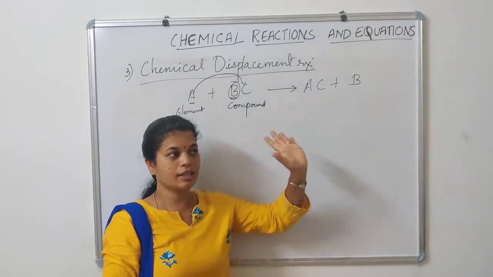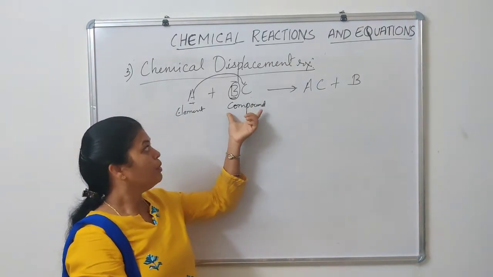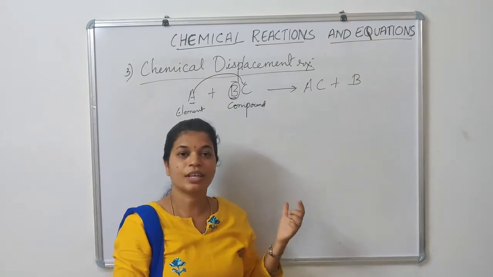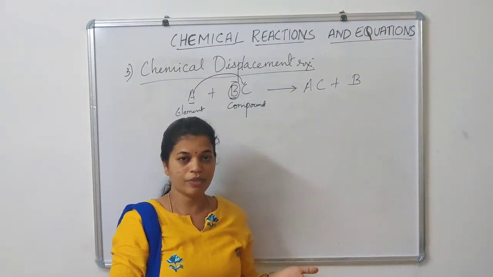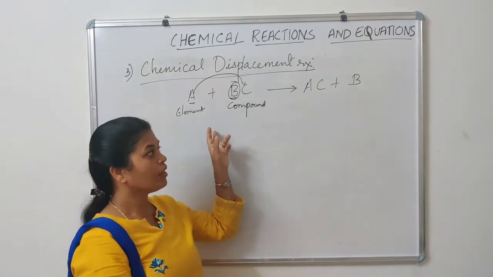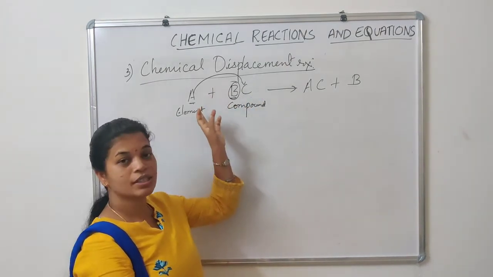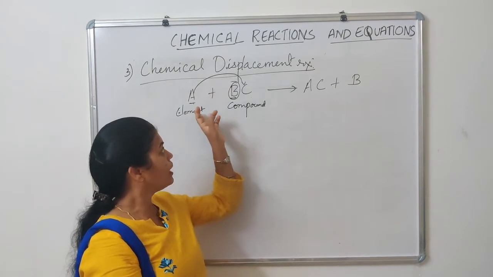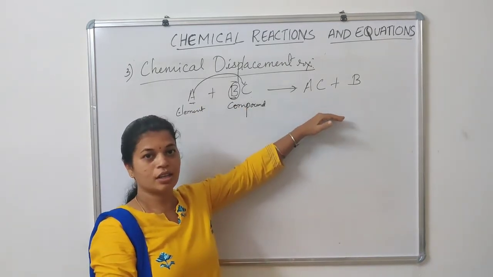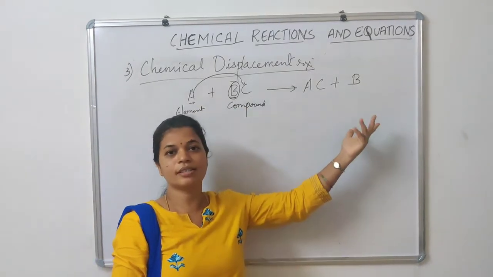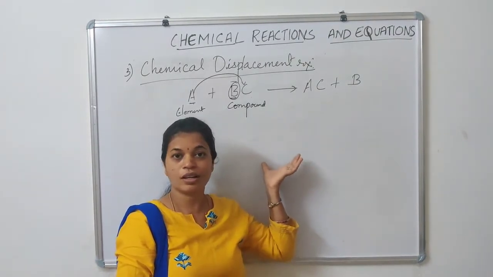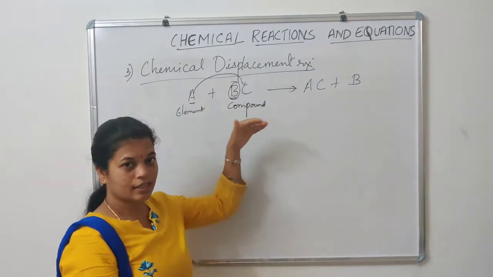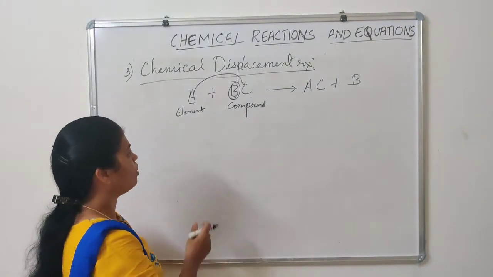Or take a very easy example: B and C are very good friends in a class. As in the new year, new friends will be arriving. One new friend has come and C is more attracted towards the friend A. So A and C have become good friends and poor guy, B is separated out. If you remember that kind of example, you will never miss this. So let us take the real examples now.